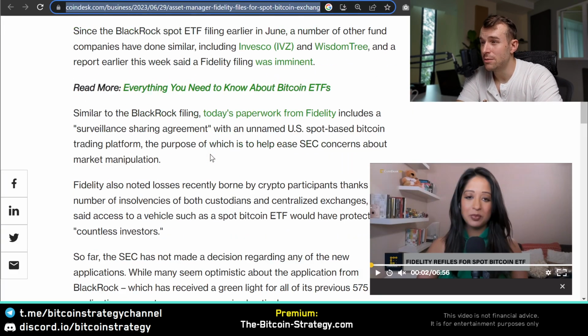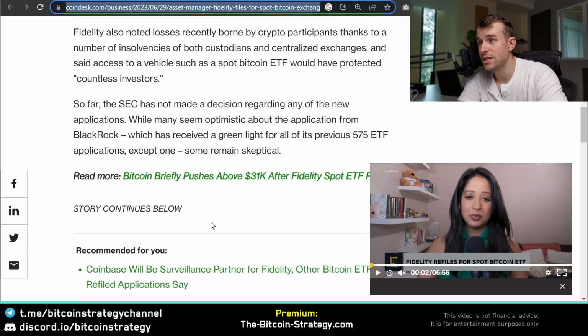And Fidelity seems to be optimistic that these problems can get resolved. Otherwise, they wouldn't have refiled again. So it looks like all lights are green. The path might take longer than initially thought, but there's simply so much capital behind this. And the SEC probably cannot withstand all of that pressure against BlackRock, Fidelity, Deutsche Bank, etc. So one day, this domino is likely going to fall and a Bitcoin spot ETF, not just a futures ETF,